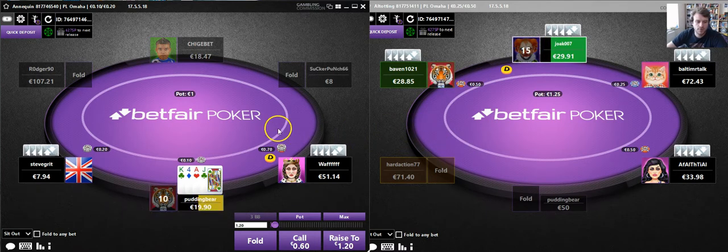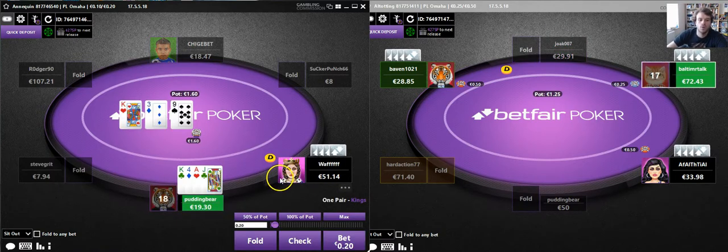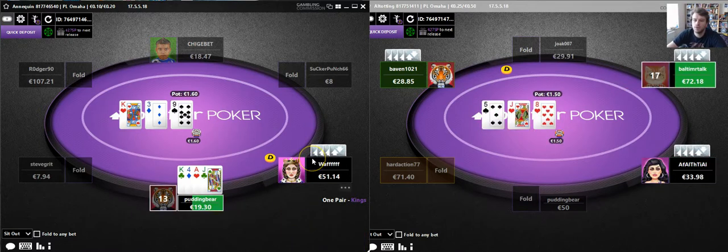The left-hand table, get a button raise. Certainly could 3-bet, decide to call given the fact that my flush draw is king high and not ace high. It also strengthens my calling range,